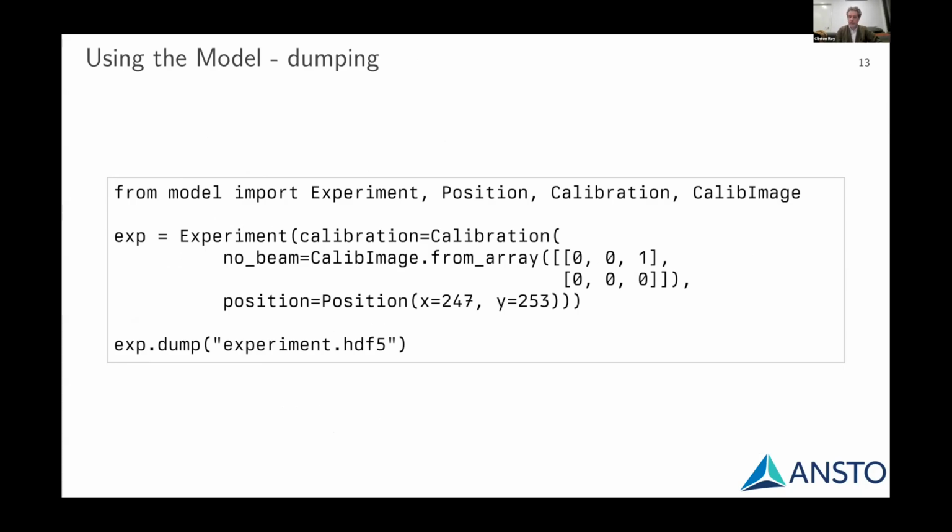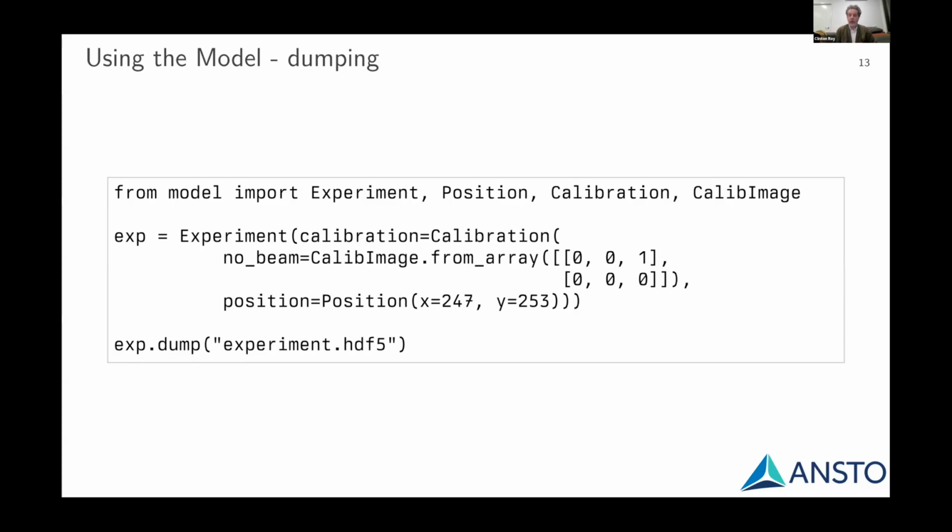So you can see here that although we've got the X and Y of position as 32-bit integers, we just use regular integers to store the values, and it's up to the validators there to make sure that those integers are within that range. If they fall outside that range, position will fail to instantiate and stop you from getting to a point in time where you have a structure